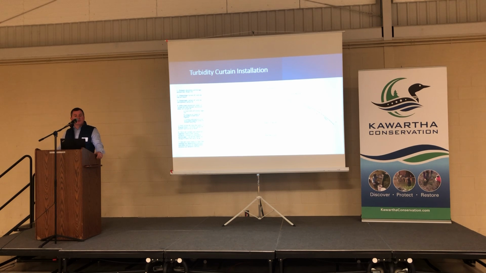Okay, so a typical installation starts with the curtains being bunched up, connected to each other in series on the shoreline. Then they're pulled out in one continuous row. It kind of looks like a link of sausages, so to speak. Once you have the curtain in place, you anchor it off to the shoreline, and then you go around to the furling lines and cut them so that the curtain just drops neatly in place. It's a fairly straightforward process. Always happy to help the contractors out in terms of execution of these installations if they need additional assistance. Certainly, we do that often.